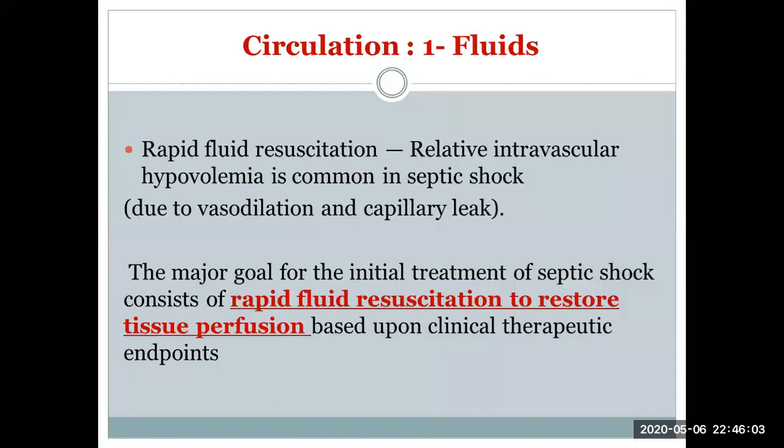Okay, starting the management with the circulation. We said ABC is our approach, but I will start with the circulation first, then we'll go to the airway, and I will tell you why. Starting with the circulation first,